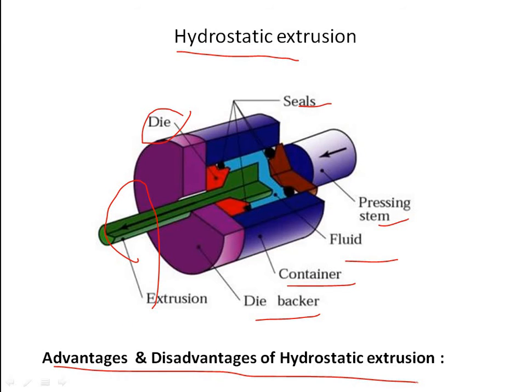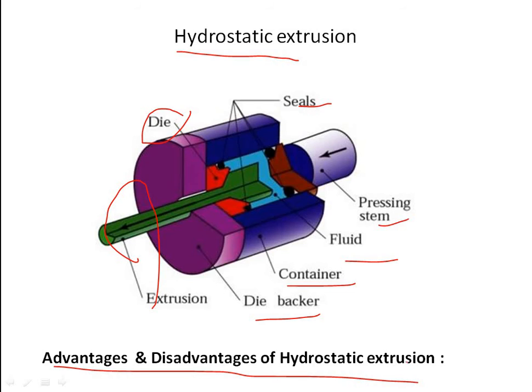Advantages of hydrostatic metal extrusion: low power force requirement due to no friction, fast production rates and high reduction ratios, lower billet temperatures. Even flow of material is due to balanced force distribution. Large billets and large cross sections can be extruded. No billet residue is left in the container. Remember, listen carefully, no billet residue is left in the container.